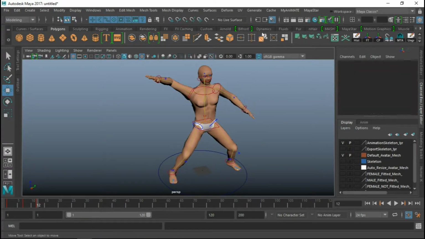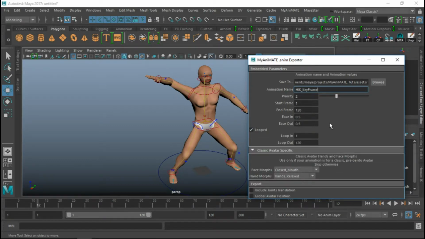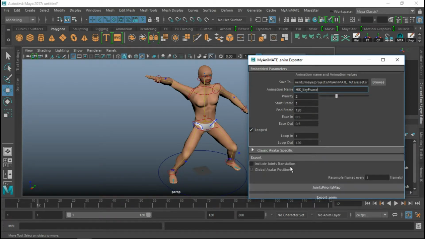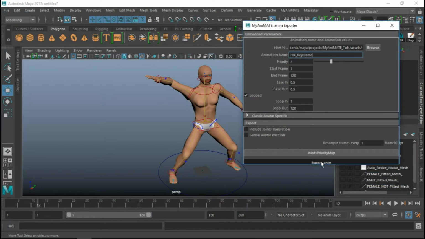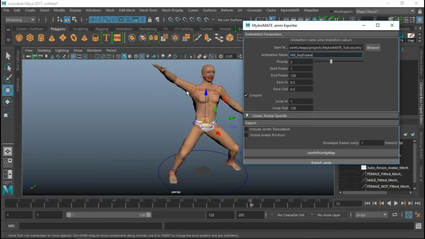Okay, so we can now go ahead and export this HumanIK keyframe root. Everything's alright, and export anim. You see that this is going also faster than the actual